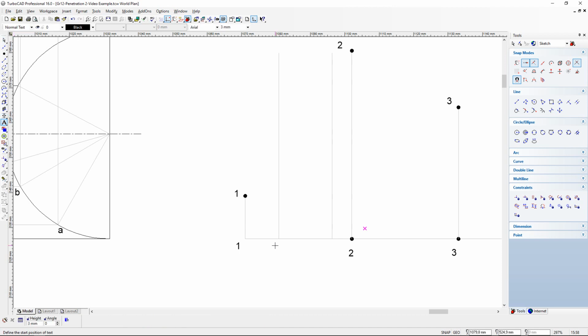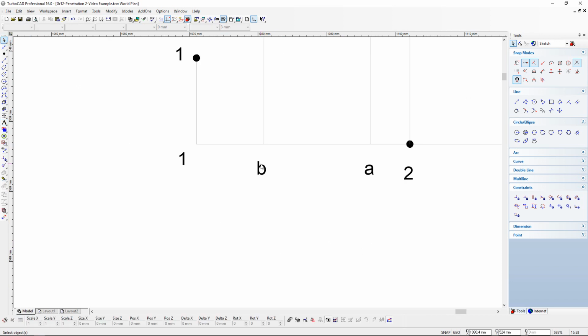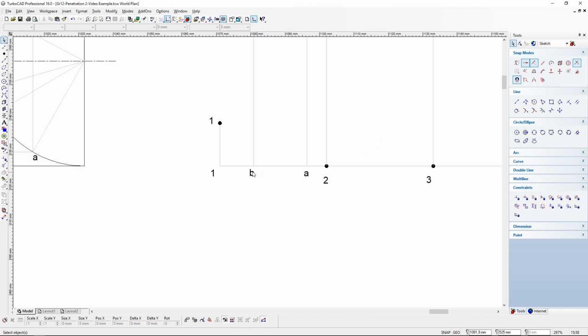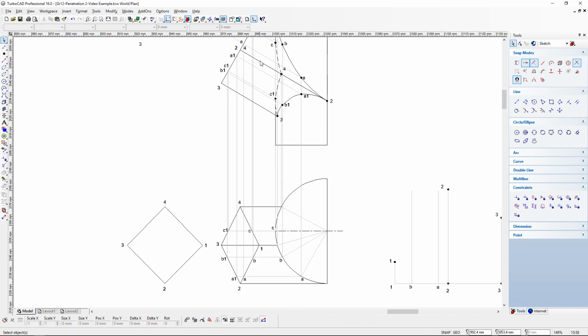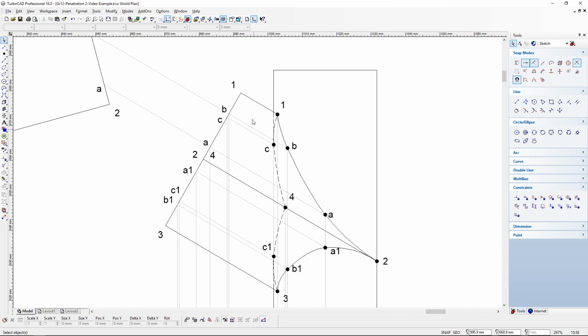So I know this one will be B. That's where I have B. And this one here is where I have A. Okay, let's just place the labels closer to its origin. There we go. So now what I need to do is go back to my front view and measure the